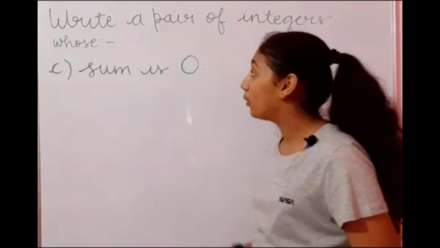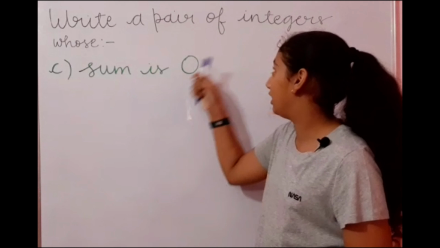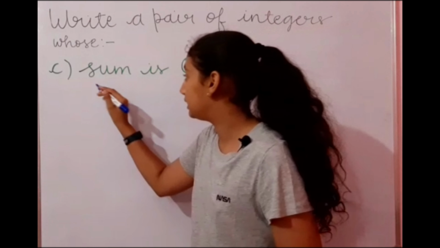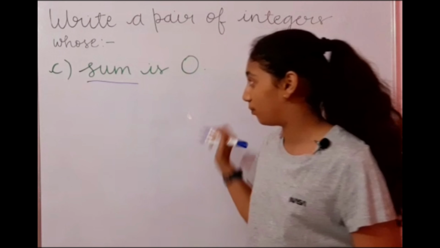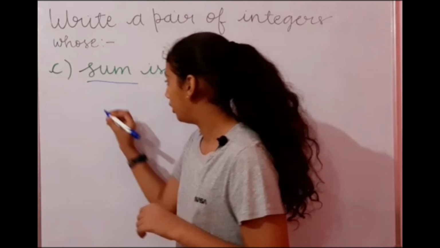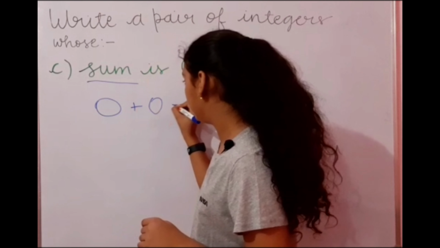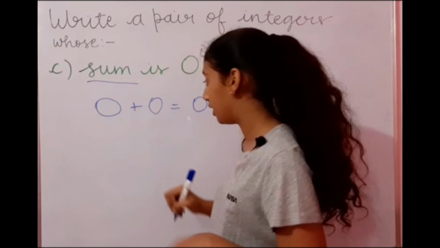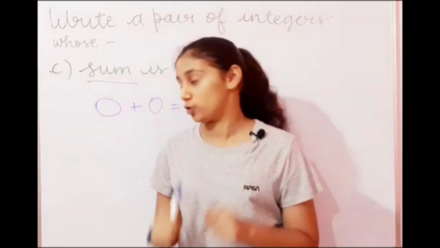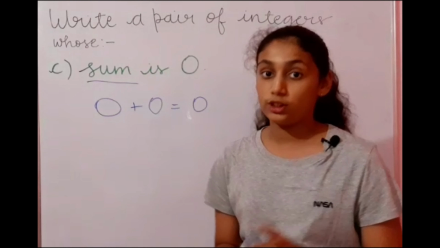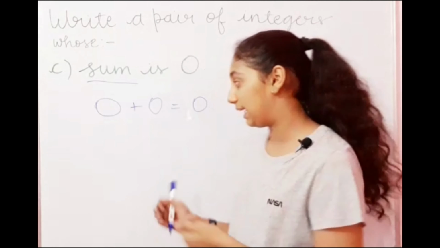Now talking about the C part. The C part says that write a pair of integers whose sum is 0. So we need to add it. So what we can simply do is we can write 0 plus 0 is equal to 0. Now there's one more method to do this, and I'll show you that. What you can do is you can take any integer and write it like this: